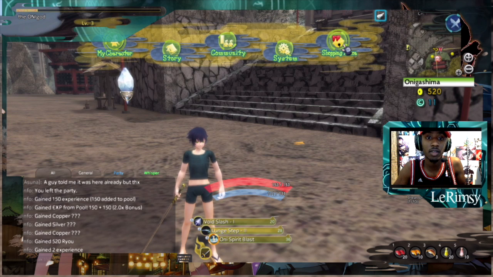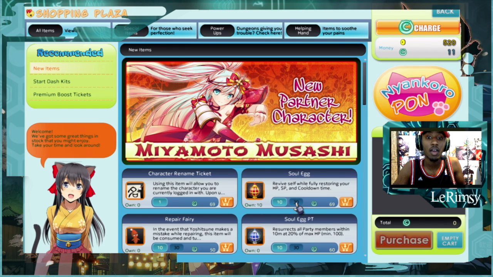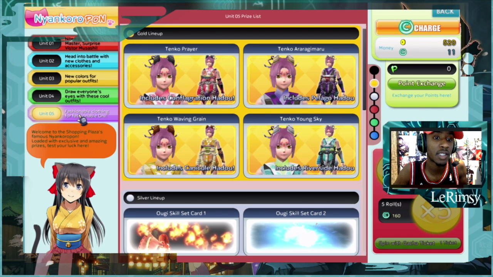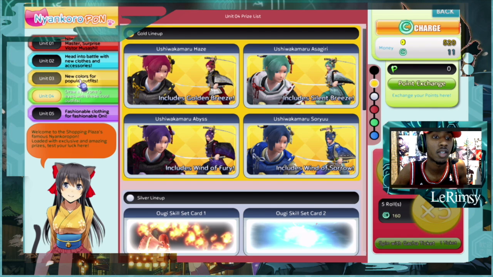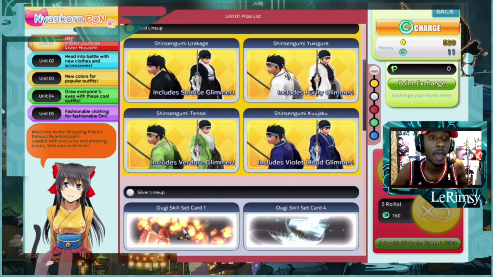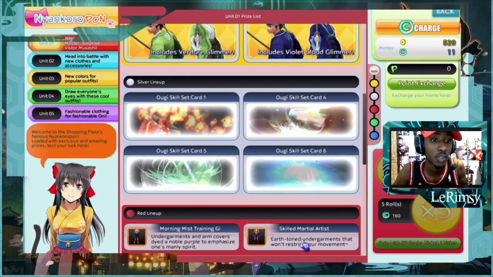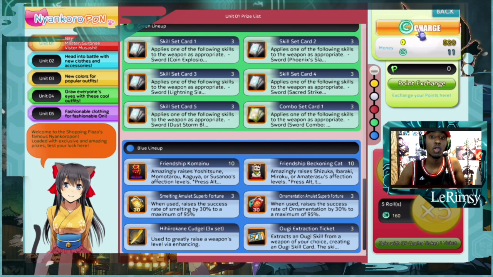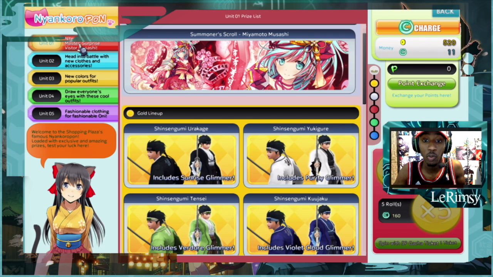You also have the shopping plaza, which I said before, where you can gamble towards getting other clothing items. Here we have different unit numbers, which are basically outfit gamble selections. Every time you roll towards one of these, you're not just rolling out of the outfits, you're rolling out of everything in the unit. So there's a silver lineup, a red lineup, a gold lineup, a green lineup, and a blue lineup. No matter when you roll, your chances of getting any of these is equal